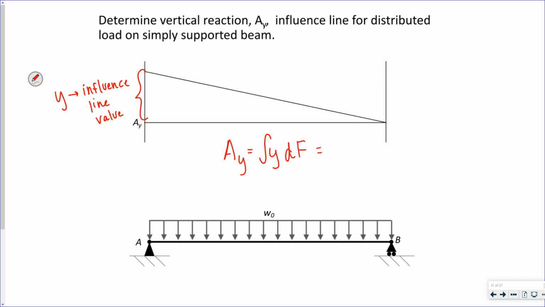And df is equal to that applied distributed load value dx, right, that width,